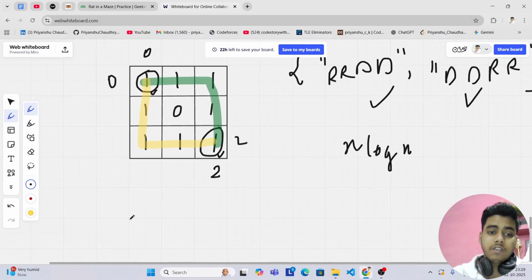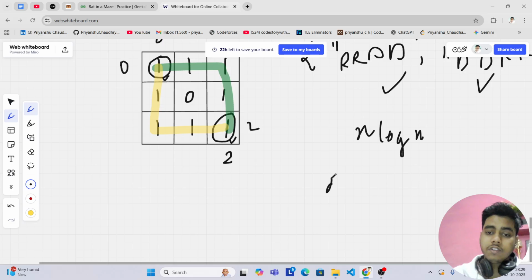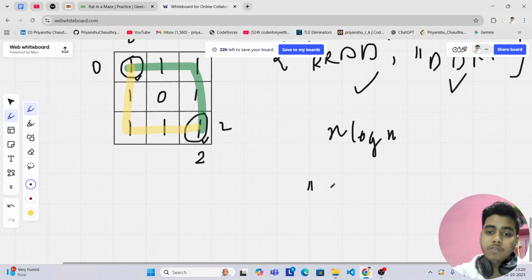I can simply use the directions array in lexicographic order. I will explain later also. So I can store the directions lexicographically, and this will come